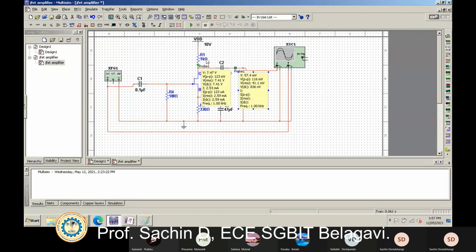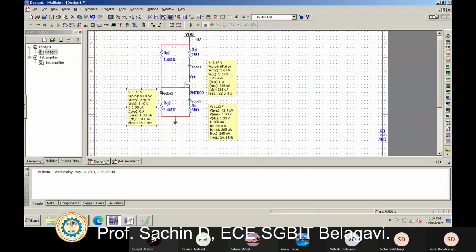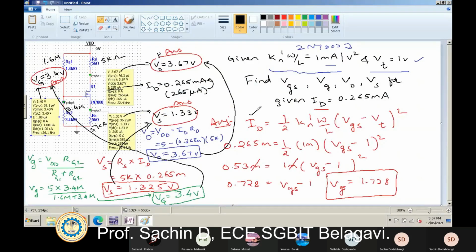I have also shown you the voltage before the capacitor and after the capacitor. So what will be the change in the output? How is it going to block? Practically you have seen it. After this, we have done the design also. This design uses DC analysis, there is no AC input here. Only DC we have checked. At each probe, we checked the output and took the same example by applying the formula of drain current ID, and we have found the values. So VGS, VG, VS, whatever you got in practical, the same result we are getting in theoretical also.